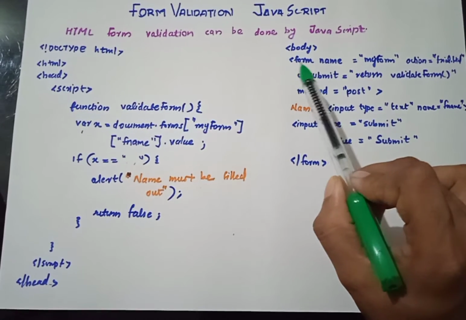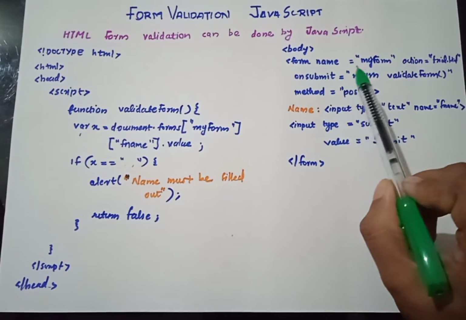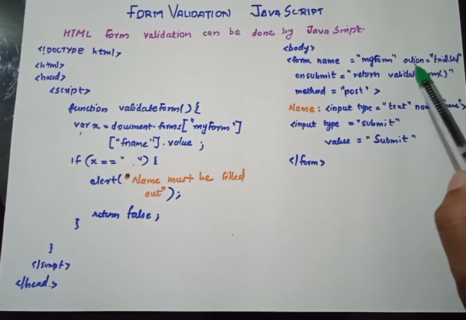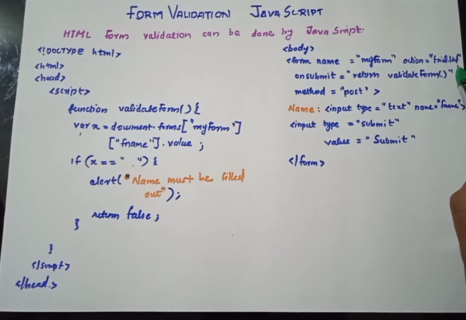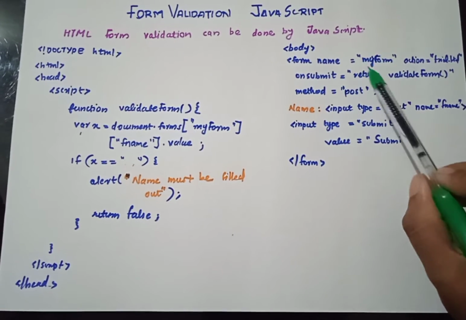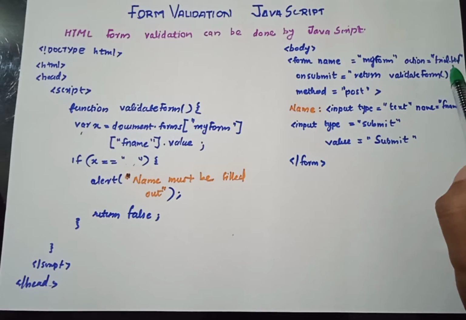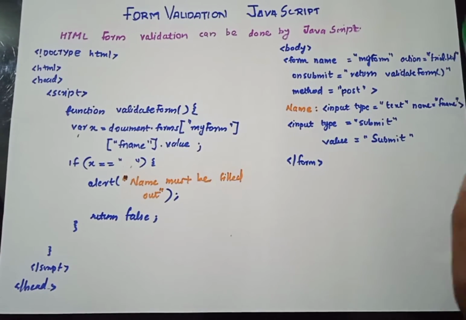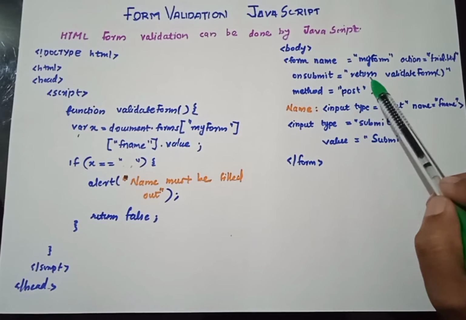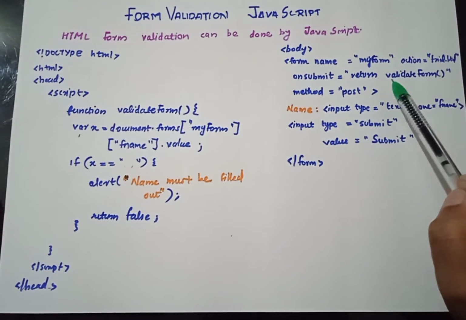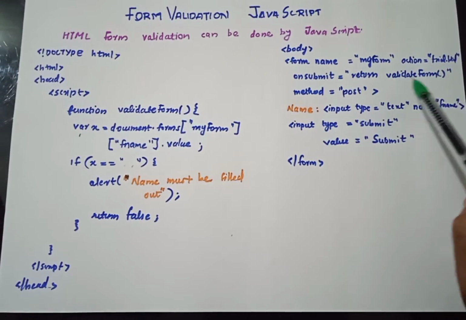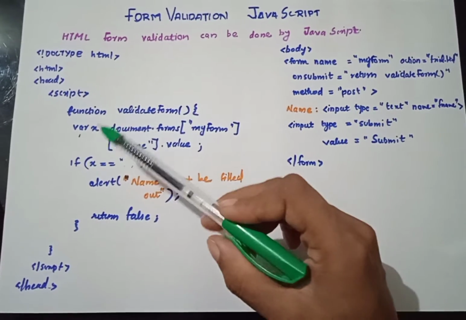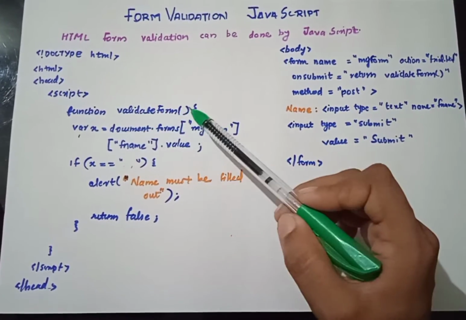Inside the body you can see a form tag having the name equal to myform and action equal to trial.html. That means we are passing the value inside the form to the next page, that is trial.html. Then onsubmit equal to return validateform. Since validateform is a function name that we have used in our script as the function name, and